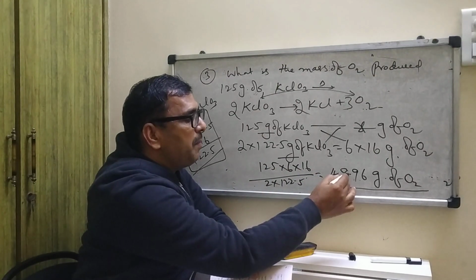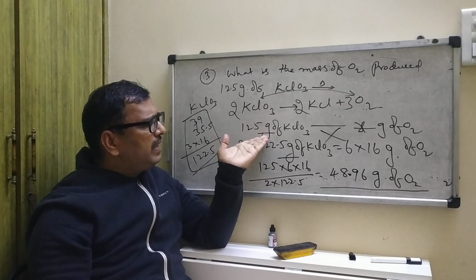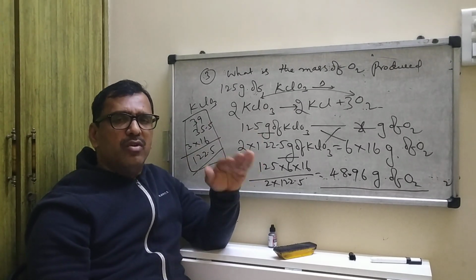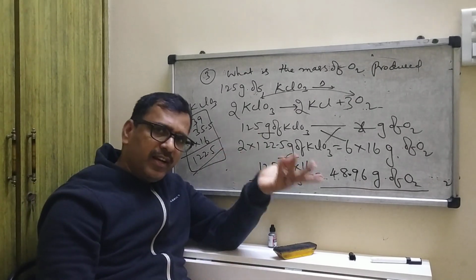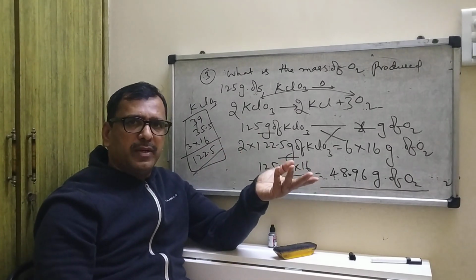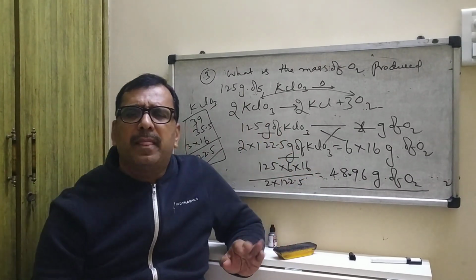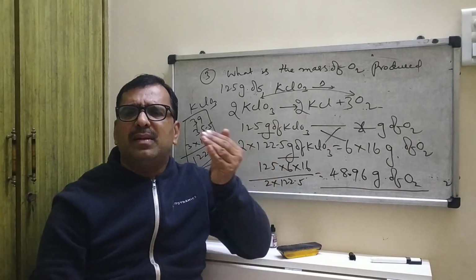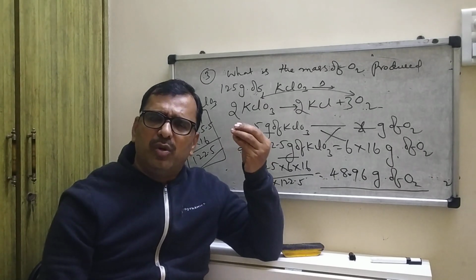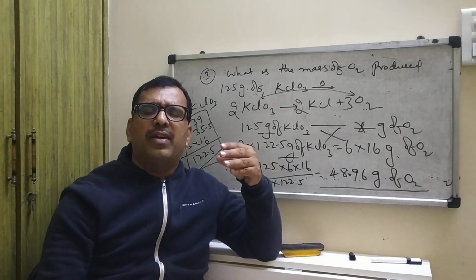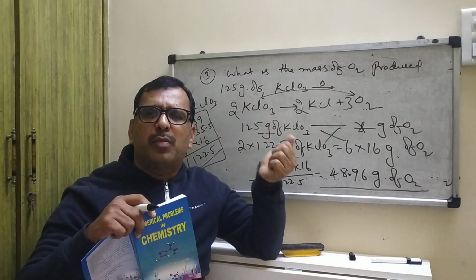Like this, if you want to convert, you first convert into moles: weight divided by molecular weight gives moles. After that you convert into grams: moles into the respective molecular weight. You can calculate like that also. This is the relation between weight, that is nothing but mass. This is very, very important, and you go on practicing. From this book you will get more problems, so let us wrap up with the problems.